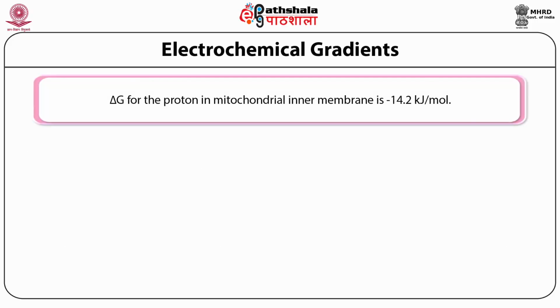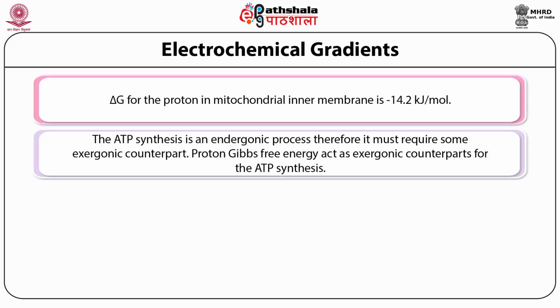The delta G calculated for the proton in the mitochondrial inner membrane was found to be minus 14.2 kilojoule per mole. The important point to remember is that for the production of 1 ATP, we need minus